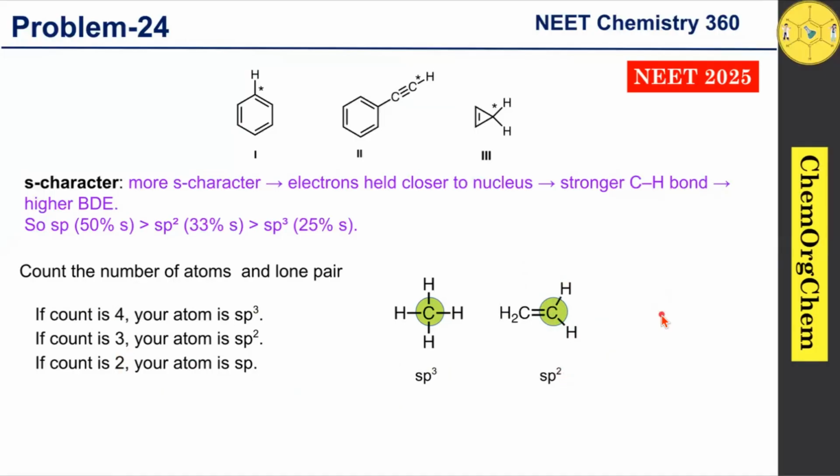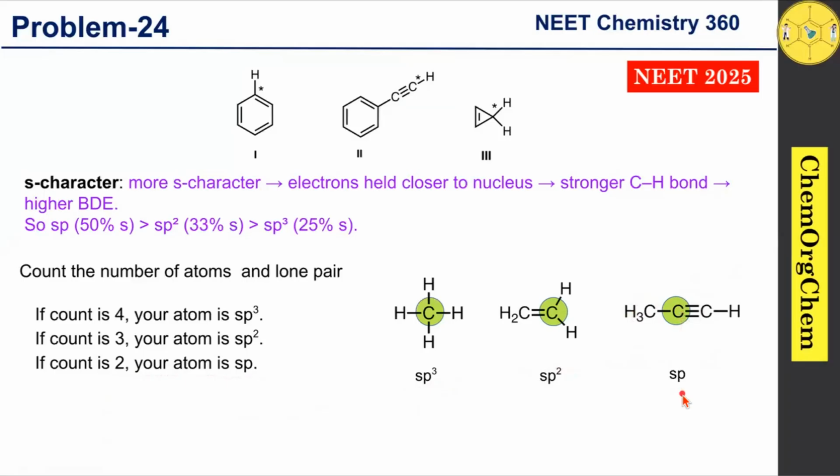Let's move on to one more example. Now if we want to find the hybridization of this carbon atom, just count the number of atoms around this carbon atom. Only 2 carbon atoms are present, no lone pairs are available. Therefore the count is 2. Therefore this carbon